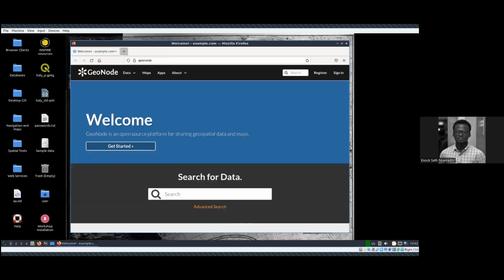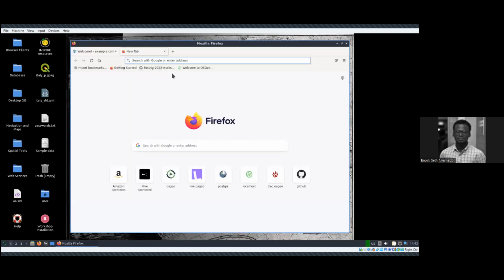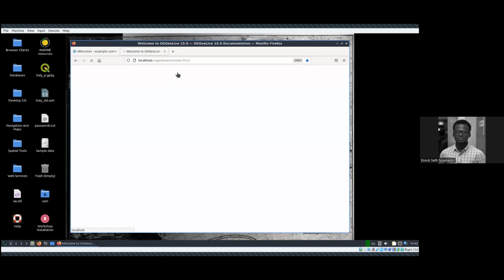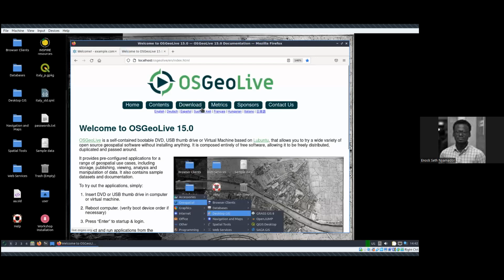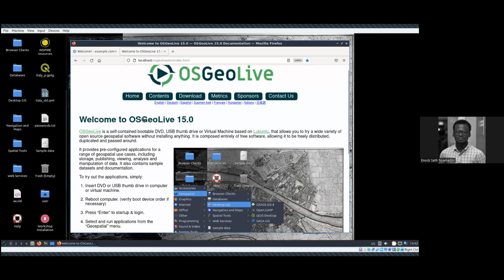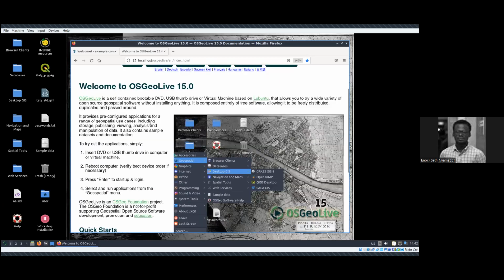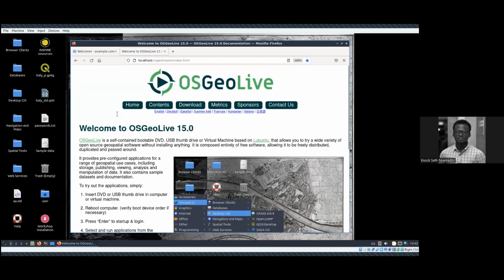Now, on this disk, on this operating system, it's made to run in an offline environment very well. That is why it's packaged with a lot of resources. And I will show you on the OSGeo Live website, live.osgeo, which is packaged with the operating system, so that you see the same thing I was seeing from the browser there.